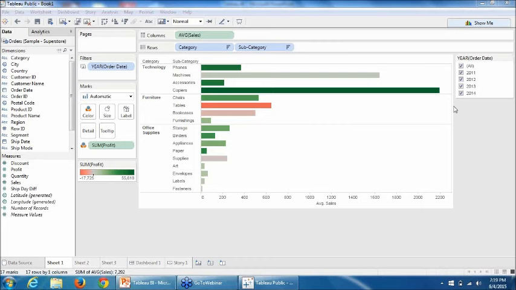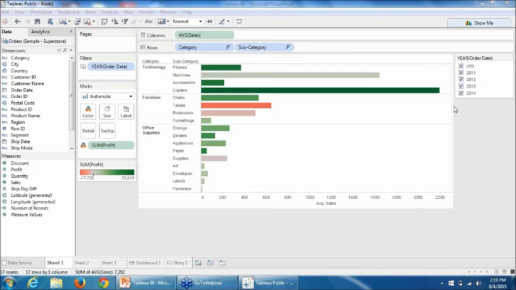Tableau public is mostly used by general public for non-profit use, for personal use, and there are a lot of people around the world that are creating various views on a daily basis. There are a lot of views, a lot of dashboards, a lot of interactive reports getting created by these users.